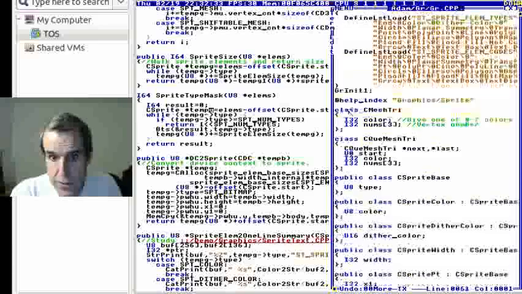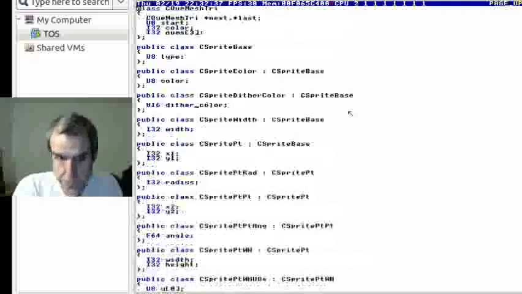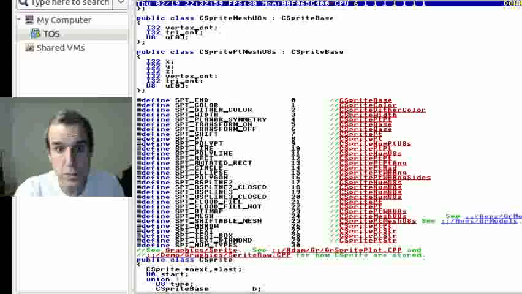What they are is a series of... okay, so you can have a color, a dither color, a width. You can set up planar symmetry. These are in order. These are an ordered sequence of vectors. Do a line, a polyline, a rectangle, etc. Okay, so each one of these has a